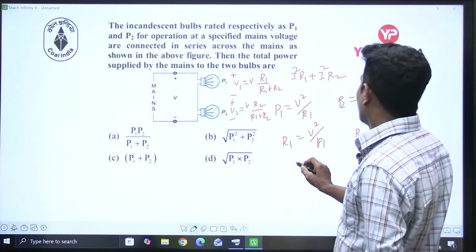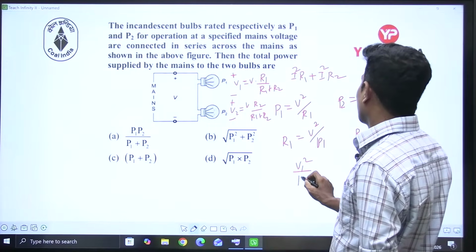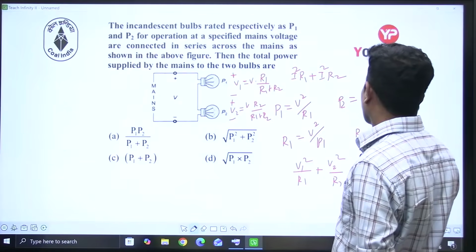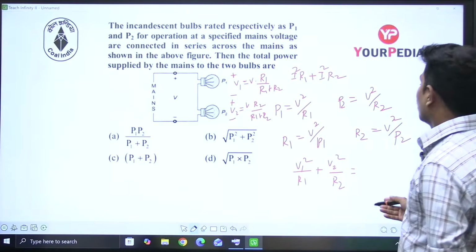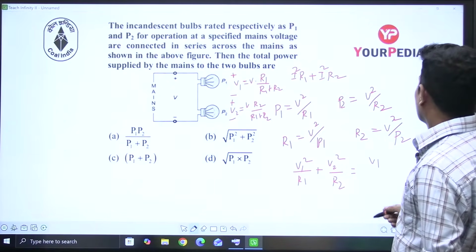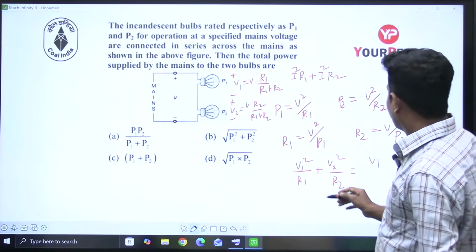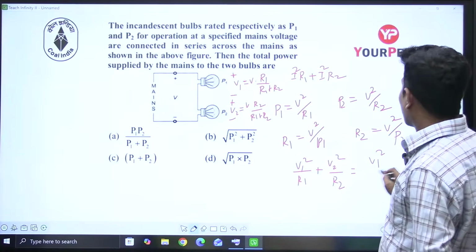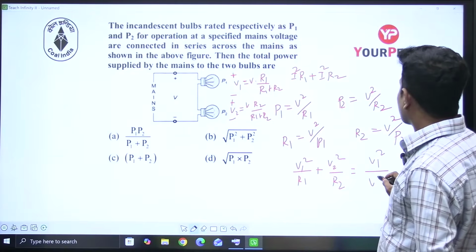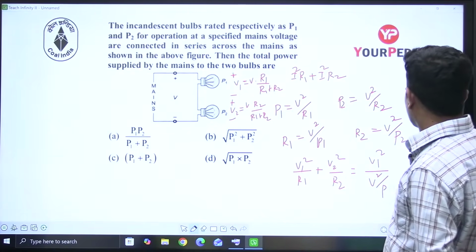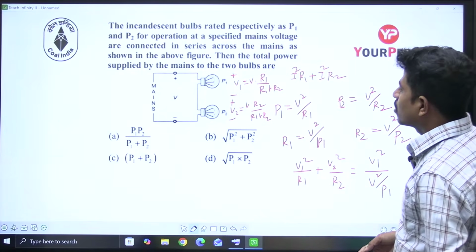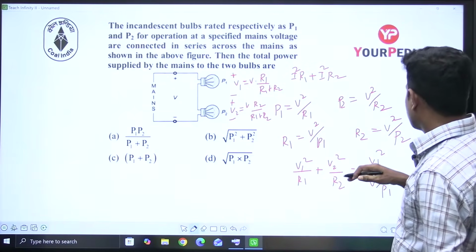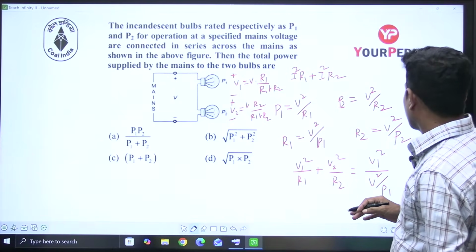First power is V1 square by R1. Second power is V2 square by R2. Right? So let's keep it as V1 only. Then how much is R1 we got? V1 square by R1, how much we got? But this way also it is not getting tallied. Means, yes, answer we can get, but the simplest and short way I'm thinking about is,